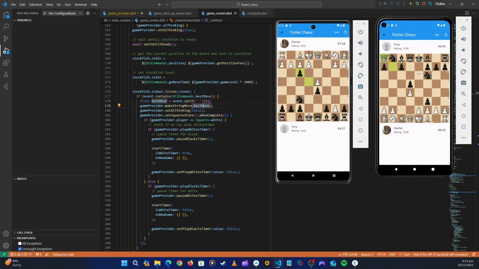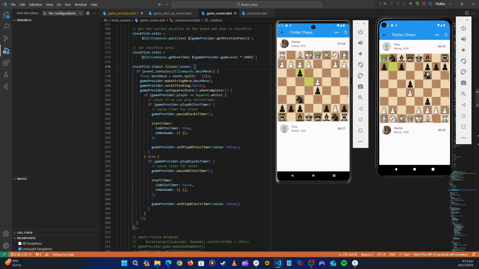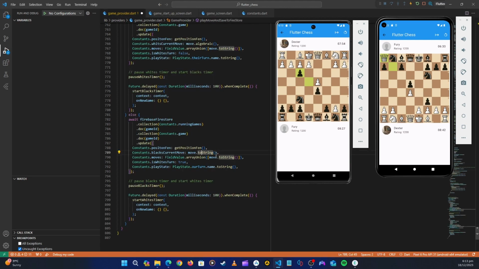As you can see, if it is local, you can promote and see your promotion, but if you are passing it via Firebase to the next application, it won't. So in the case of playing versus Stockfish, it will promote, but in the case of playing online versus a friend, it won't. So this is why we are changing this back to move string.